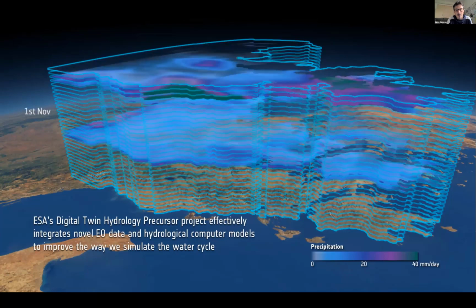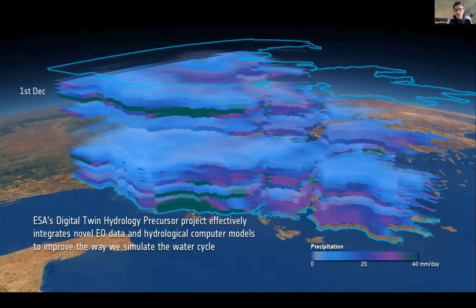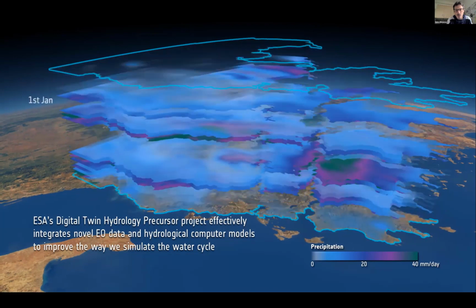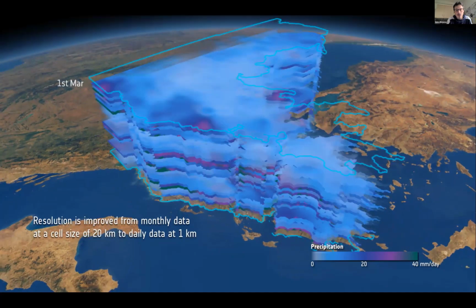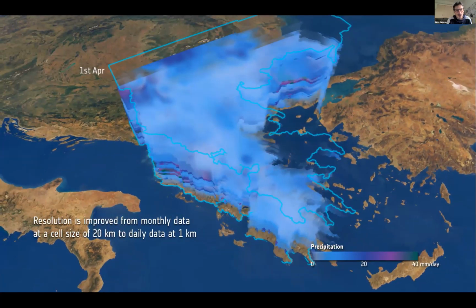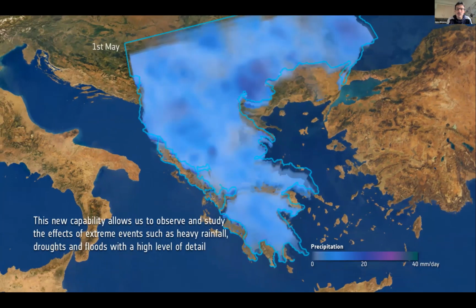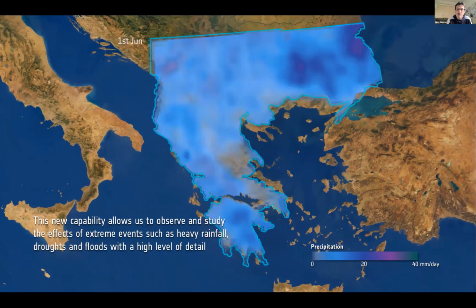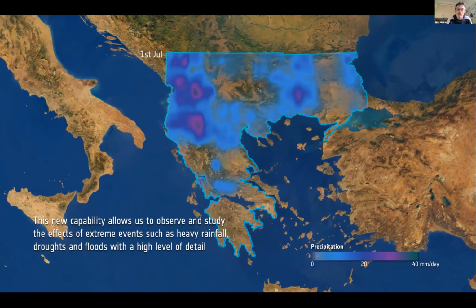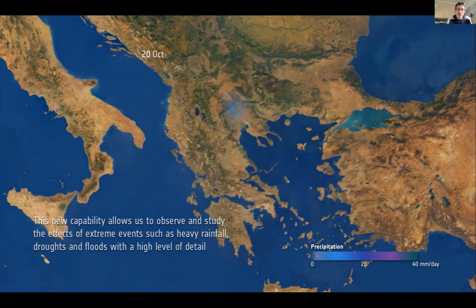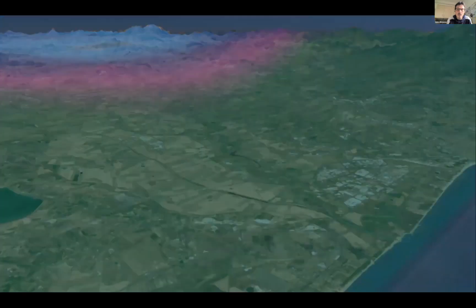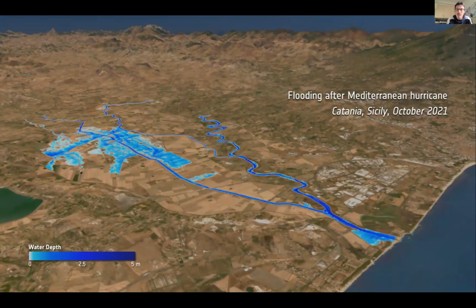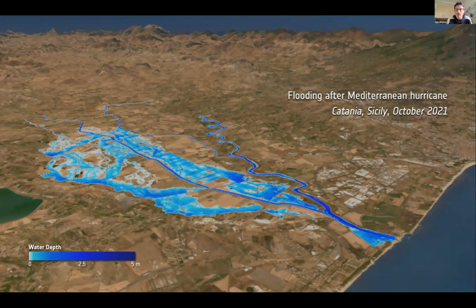And so we have been able to estimate, for instance, here we have the animation of precipitation every day at 1 kilometer resolution for the whole Mediterranean basin. And we have used, of course, this data for several hydrological applications. Here in the video now we have the map of precipitation. But for instance, we can zoom in and go to the flooding that occurred at the end of October 2021. That was the flooding called the Medicane. I don't remember the name now, but it's not important.